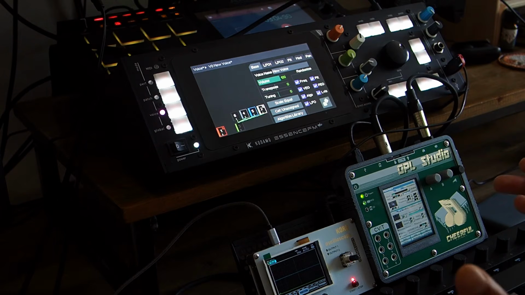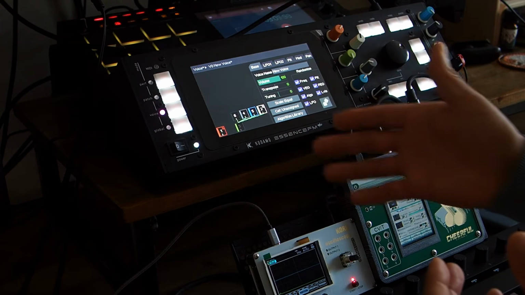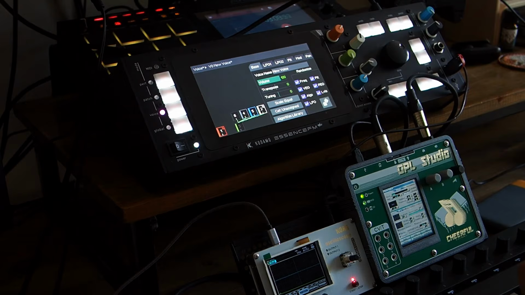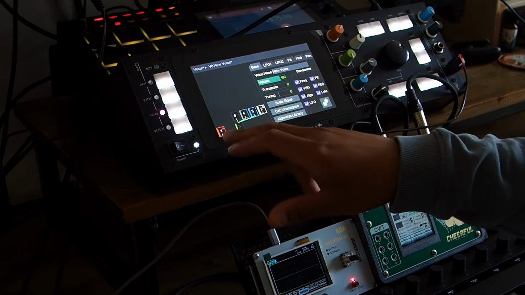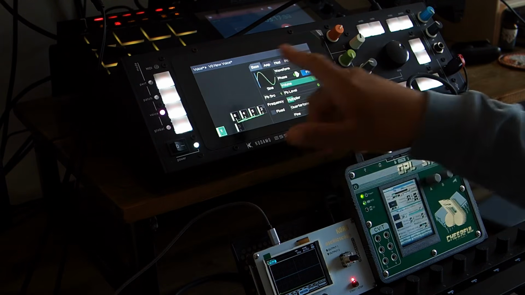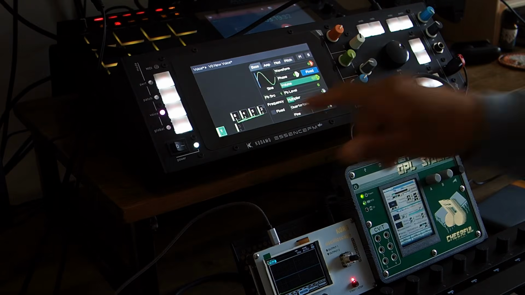Minus the vibrato, but I'm actually probably going to have to build the vibrato into this patch to just try and match it to some extent. But let's have a look at what we do to replicate that. So obviously we have operator 1,